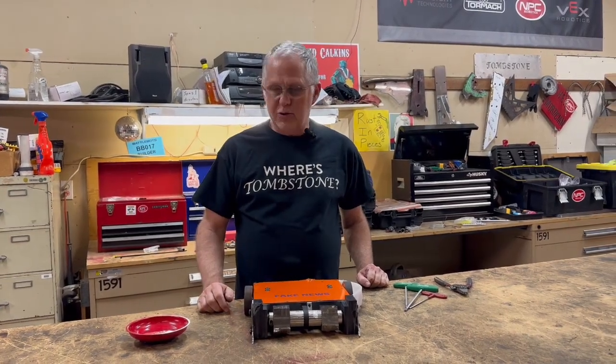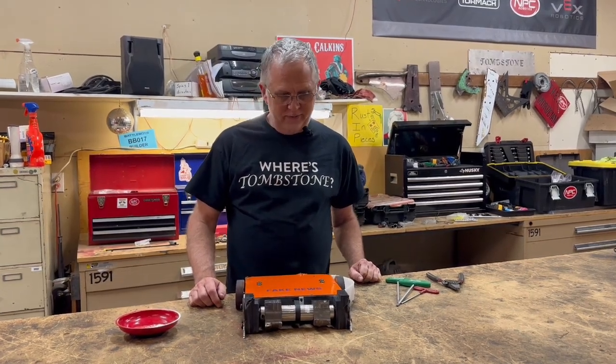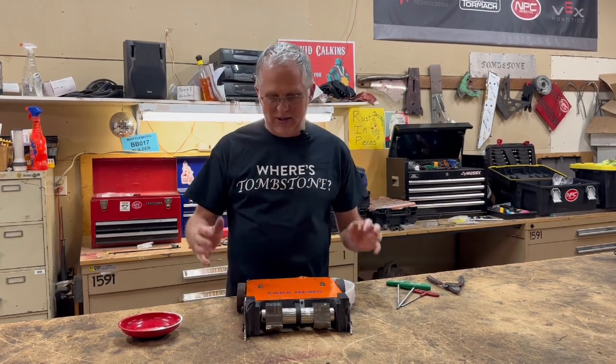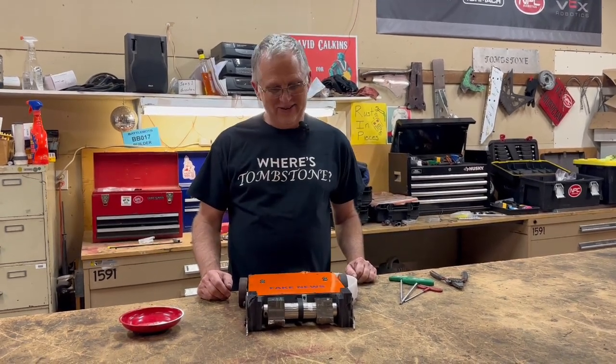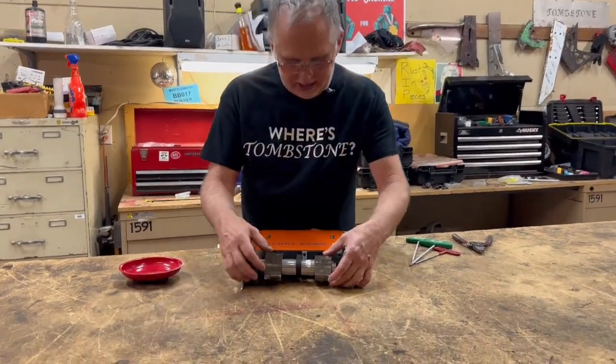So this is Fake News, fresh off of competing at Norwalk's event, and so I'm going to go through some of what went right, some of what went wrong, and tear it down and see exactly how bad everything looks inside. So first up front, the titanium cutters